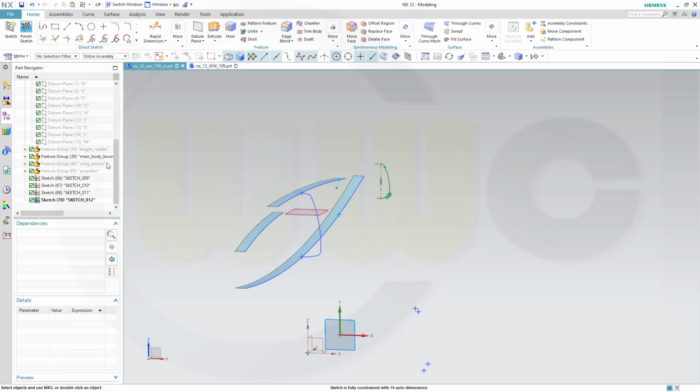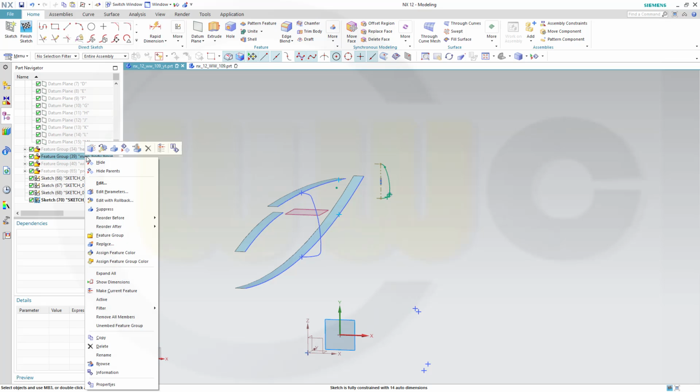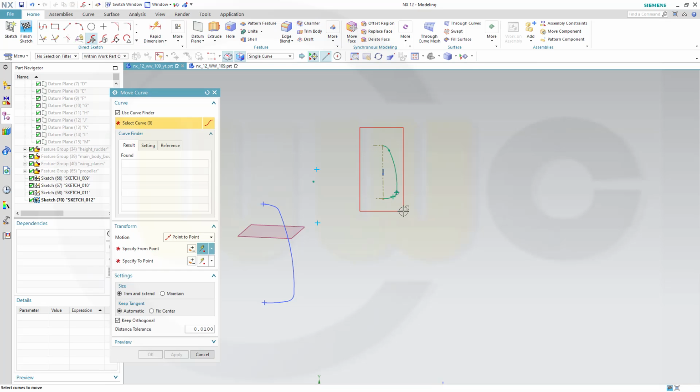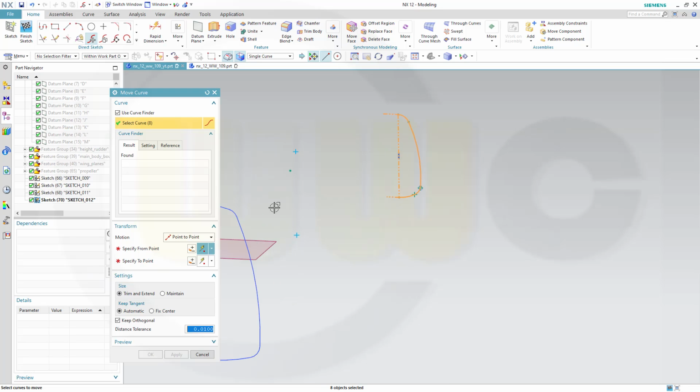Okay, now I could hide these again, and now I want to move my profile to at least one of those points. So go to move, select it, go from point to point, yes, from this point to maybe,